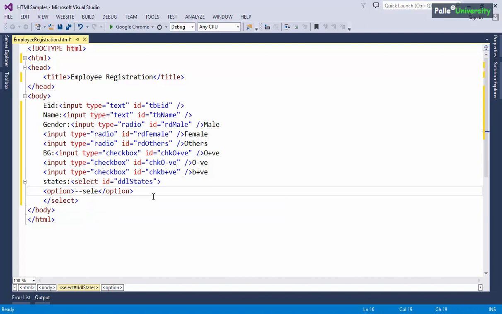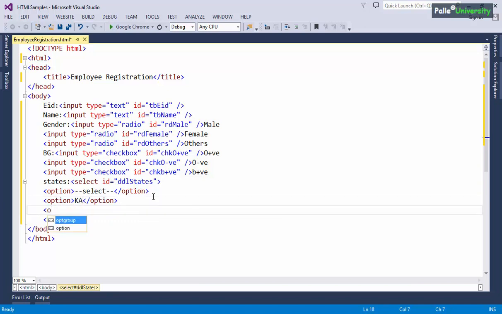First option I would like to see as Select. Next, second option Karnataka, KA. Next option, maybe Andhra Pradesh. So something like this, you are allowed to write any number of options within the select tag.